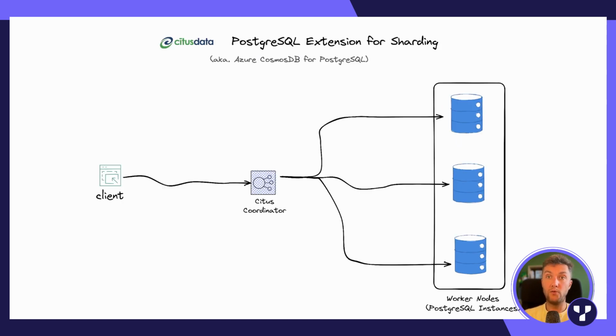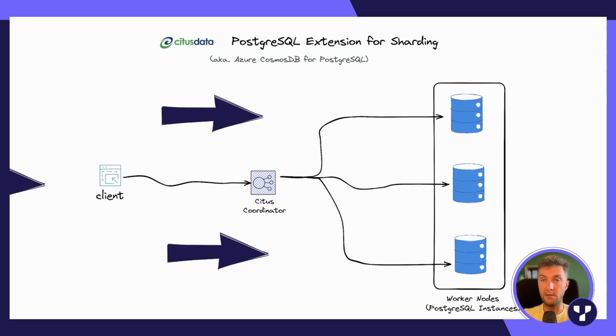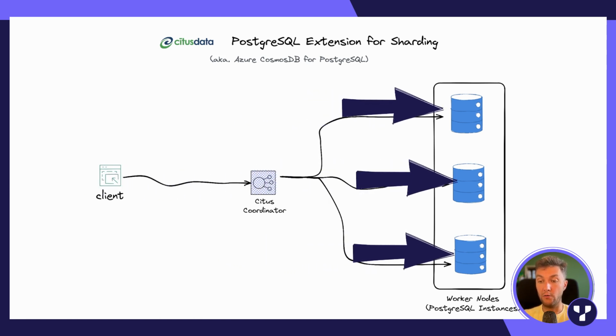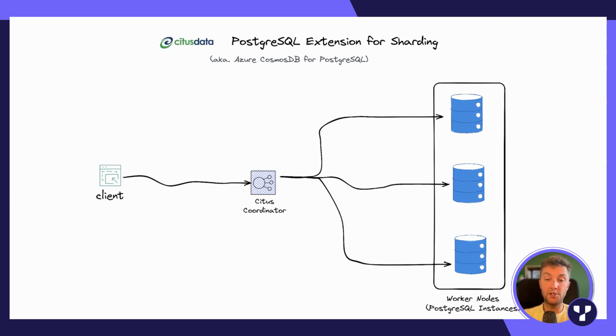So when it comes to PostgreSQL sharding solutions, you can implement it manually, or you can take advantage of already existing solutions. For instance, one of the solutions is CitusData. It's an extension for PostgreSQL for sharding. You have your client application, and you have already sharded your Postgres instance into multiple worker nodes. Those worker nodes are PostgreSQL instances. And your client application needs to connect to a special coordinator node, because the coordinator knows where each shard is located and where a particular record should be stored or